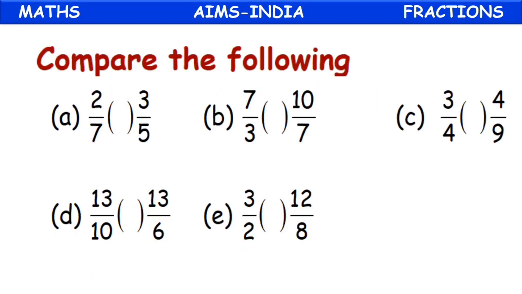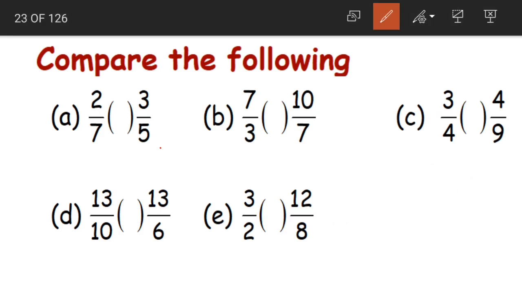Okay children? Next, compare the following unlike fractions. What do we have here? We have unlike fractions. Now as we have only two fractions here, we can compare them by cross multiplying. Yes, 2 5s are 10. Then we have 3 7s are 21. 10 is less than 21. So 2 by 7 is less than 3 by 5. Yes, what was 10? 10 was 2 into 5. It's the numerator of 2 by 7. So 2 by 7 is less than 3 by 5.